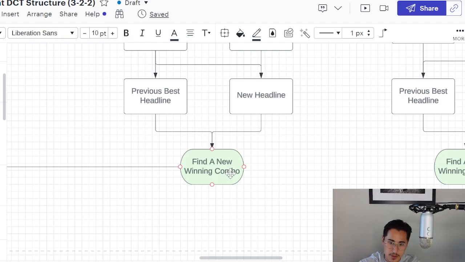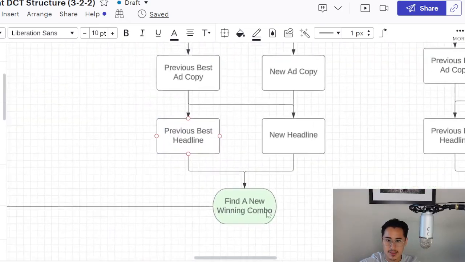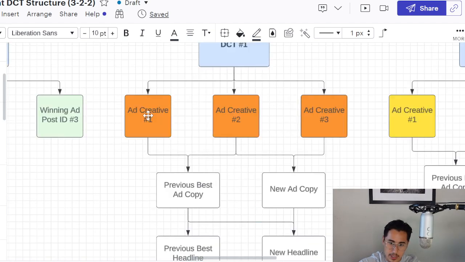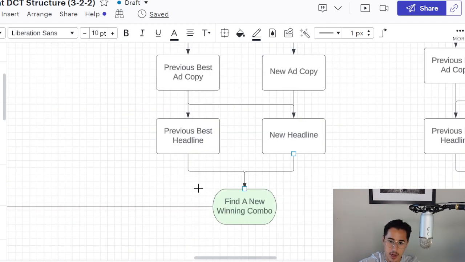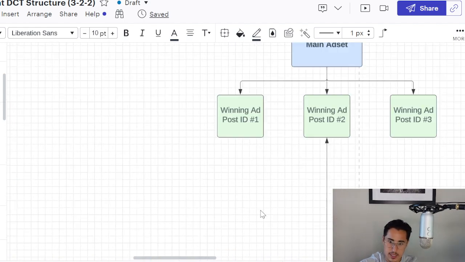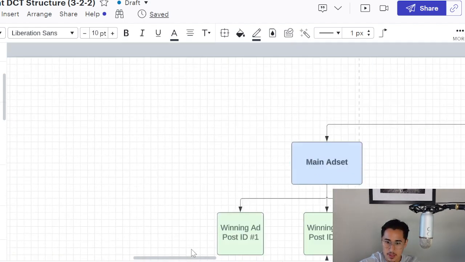So once we let this run, and let's say this DCT gets $500 in total ad spend within a 3 to 4 day window, and ultimately we have a winning combination, we can break this down on the ads manager sector by clicking on the breakdown tab and breaking down by image, creative, and I think video. You're able to see what individual combination of ad creative with copy works right now, and then from there